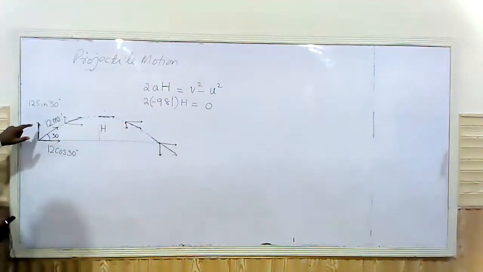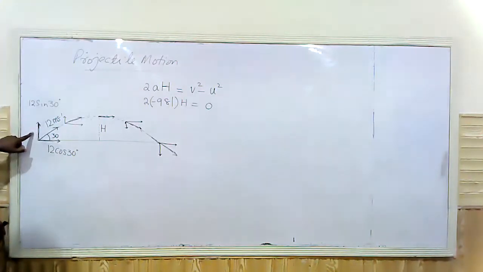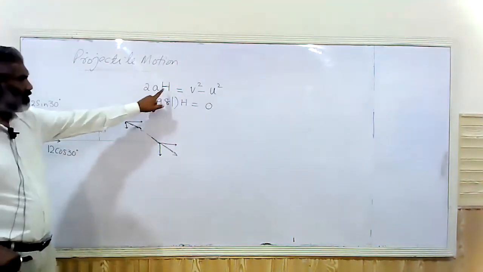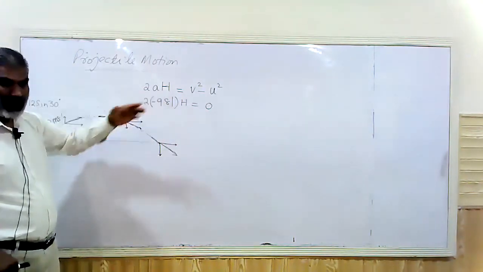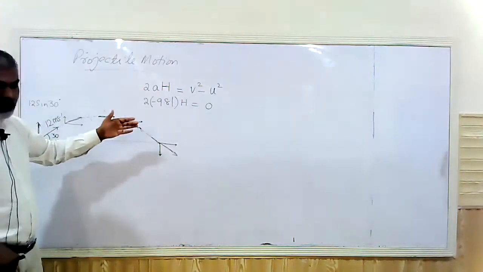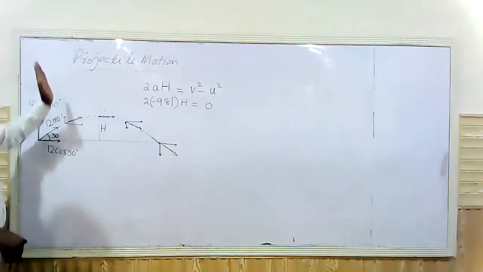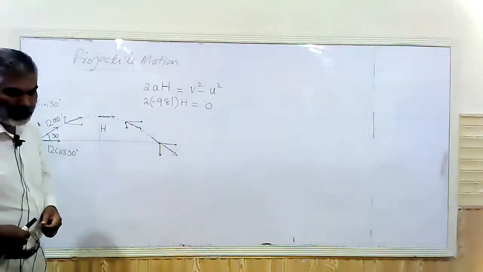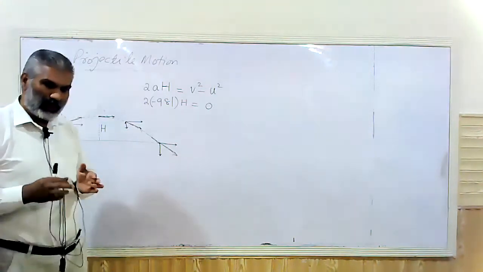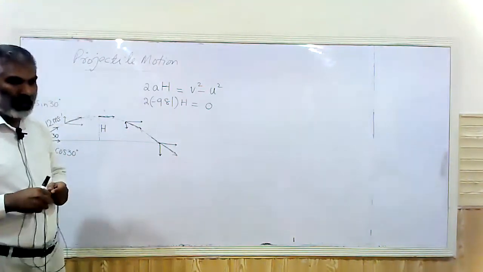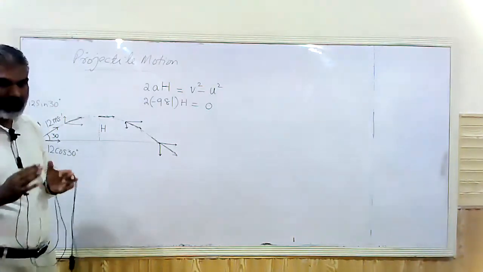So although we have an initial value of vertical component, which is 12 sin 30, there is no vertical component when the object reaches the maximum height. So you are applying the third equation of motion to its vertical component alone. And this is the most important point about projectile motion, that we are considering one component of motion in one situation,